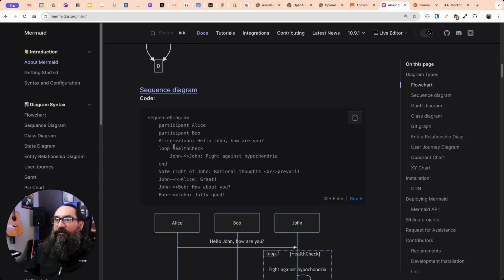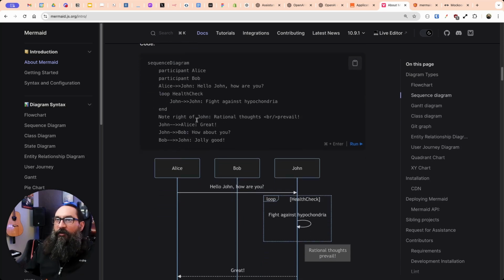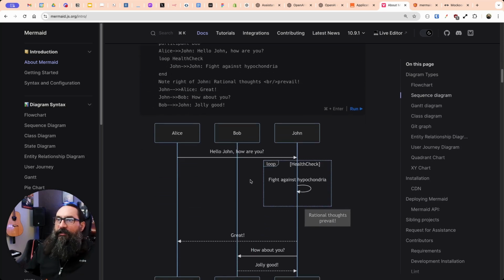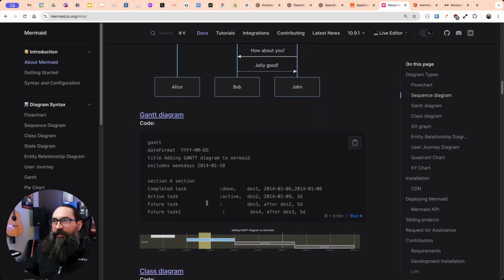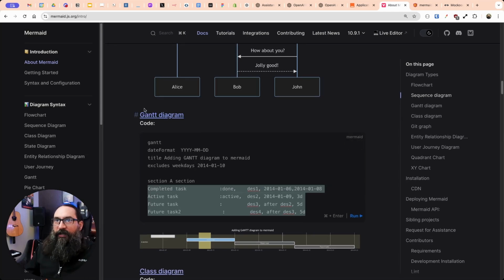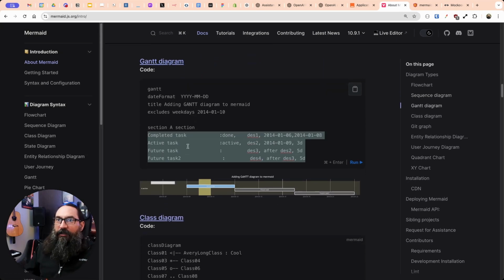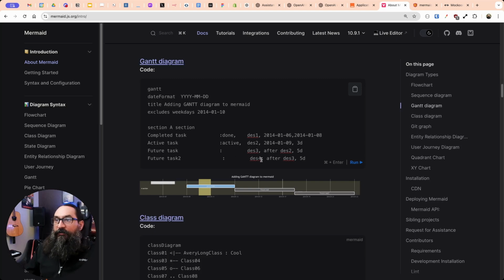You've got a sequence diagram here, and it's a little more complex, but it's still easy to tell at a glance. If you wanted to edit one little piece, you can tell where you would make that change. So it is really easy to understand and edit from that perspective, but your data is probably not in this format. If you're trying to generate a Gantt chart, it looks pretty simple as far as how you'd set it up, but if your data is in SQL or coming from an API, it's not going to return perfectly